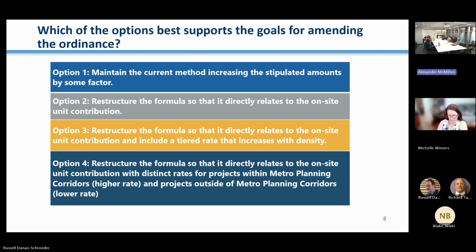Yeah, and I think this gets back to the fundamental question we talked about numerous times. What's the goal? Is it more AHIF or is it more on-site? It's going to be hard to have both. I don't think we've settled on what the preference is. I don't know this, but how many CAFs have we generated in the last year or five years, some number of years, versus money?